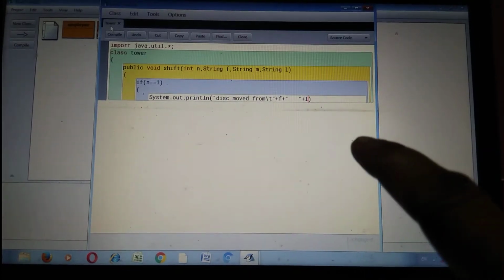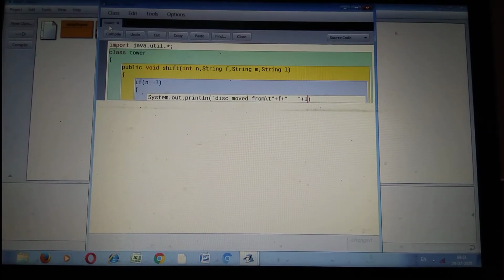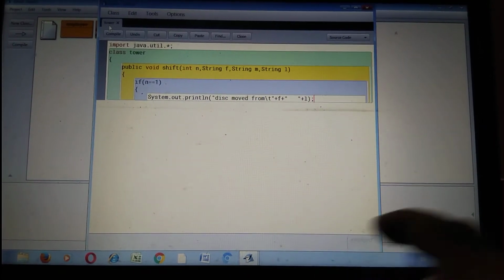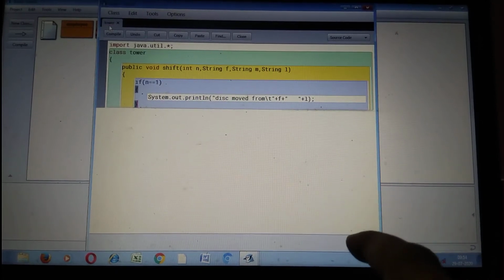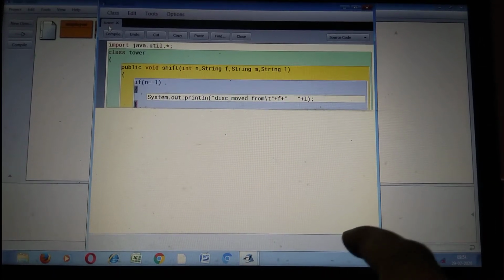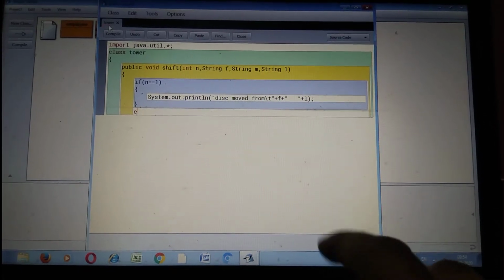Your disk moves from first to last if your n value is 1. Close here. If your n value is not equal to 1, then it goes to the else part.